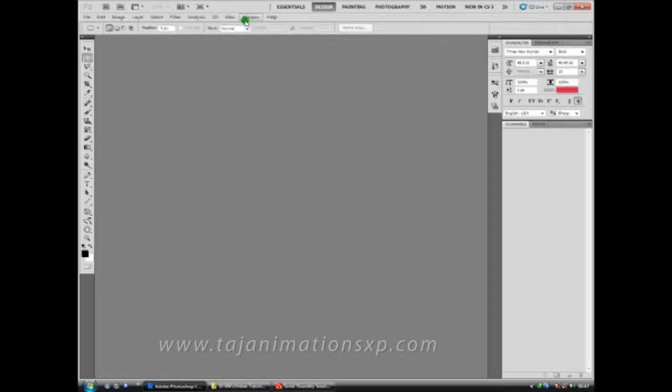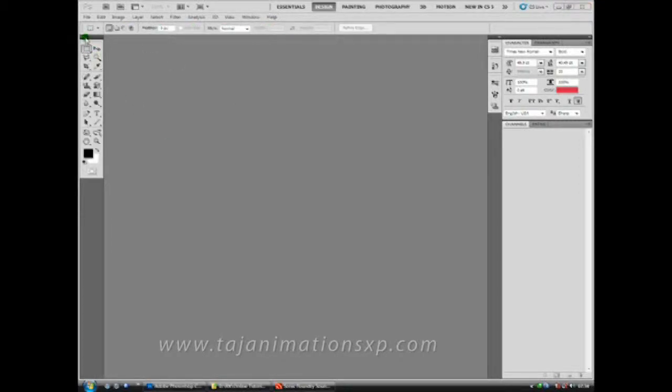Beneath the menu bar, we can locate the options bar where we can customize our tool settings. The options bar automatically changes according to the selected tool in the toolbar. Look at this toolbar. Now we are in Marquee Tools. The options bar is showing the Marquee Tools settings. If we go for the brush tool, the options bar automatically changes to brush tool settings.